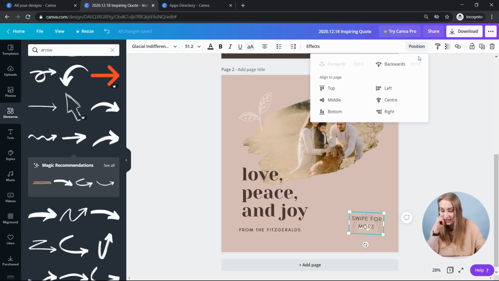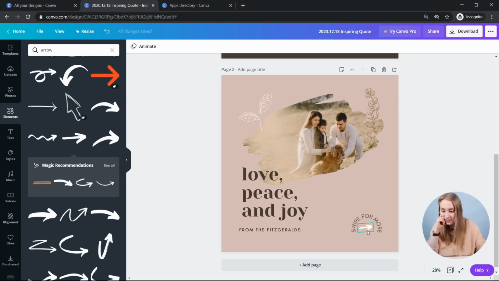And again, you can position it. So I'll send it backwards just to be able to manipulate that little arrow. And if you drag an element, as you can see, Canva lets you adjust it with the elements that you've got around. So when you click like this, it just positions it kind of right in the middle. So you can see the middle one, horizontal. You can kind of make it adjust to different elements, and it actually snaps in place. It's like a magnet. So when you drag it, it kind of guides you as well.